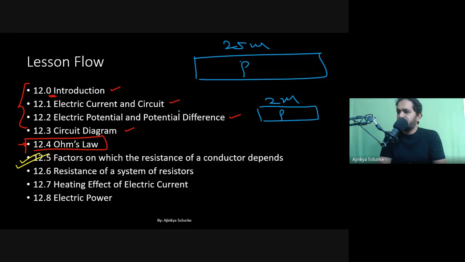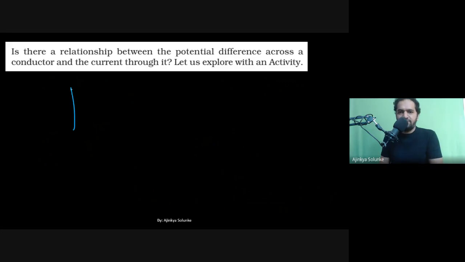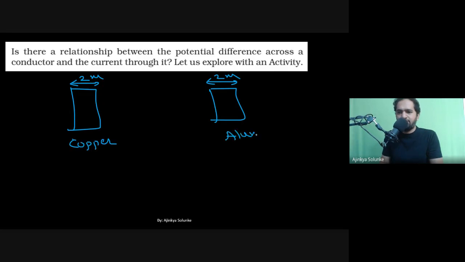Are you understanding this point? Please let me know. Resistivity will be the same in both cases because the material is the same. So if I want to change the resistivity, can I just say the material should be different? Like maybe first I have used iron, then I have to use plastic or some other material. Let us have one more example. Suppose this is 2 meters, this is 2 meters, and this is copper, and this is aluminium. This is A and this is B.